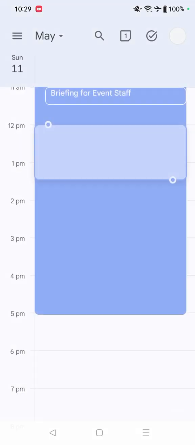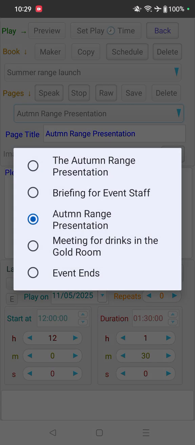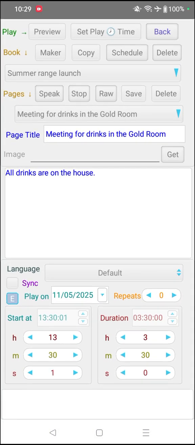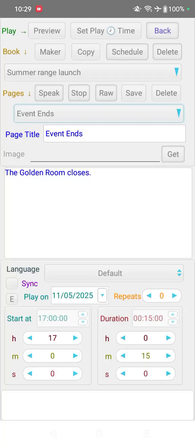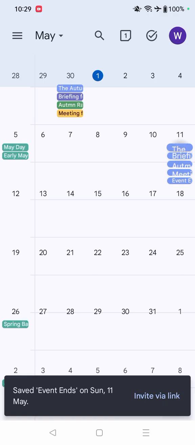Event. Save it. Next page. Event. Save it. Next page. Event. Save it. Now, I could have done a lot more with these events